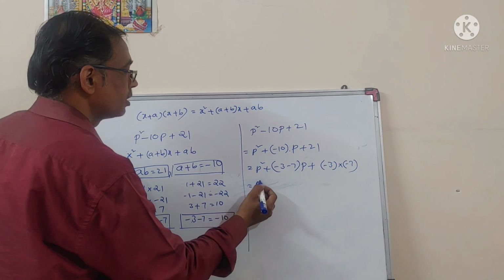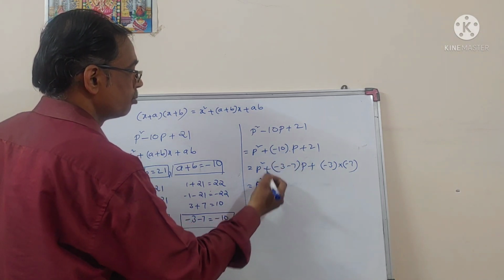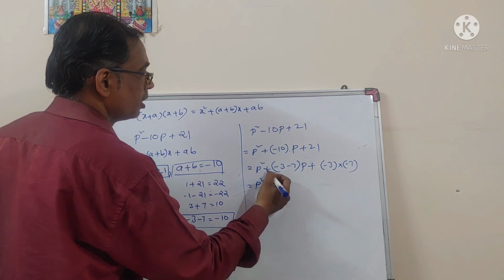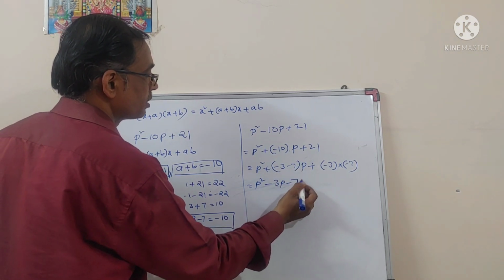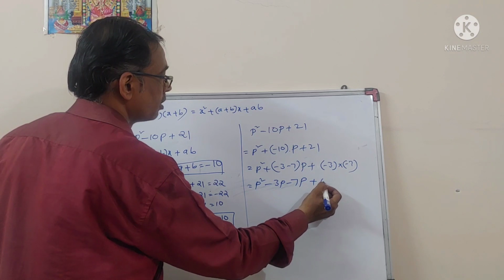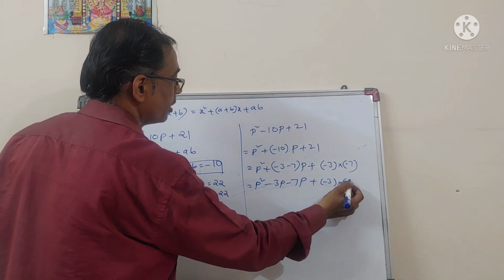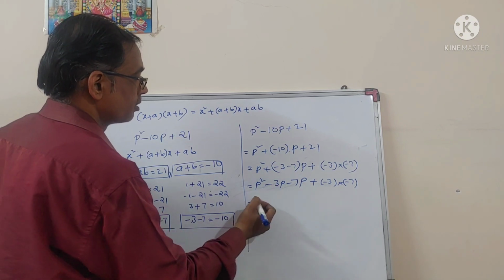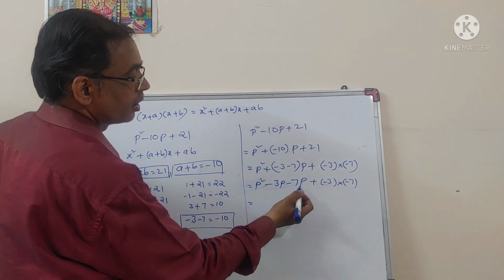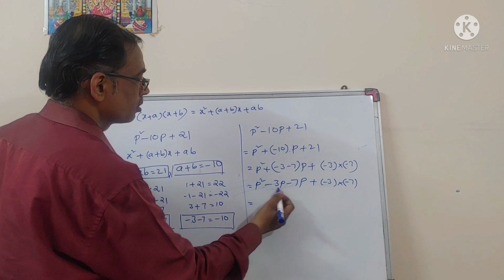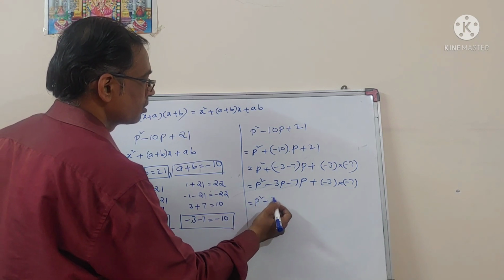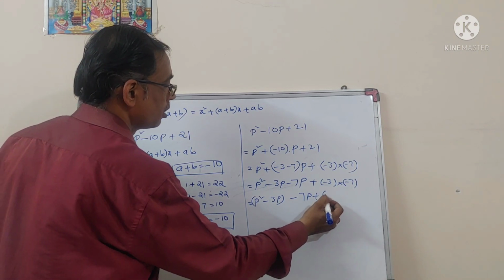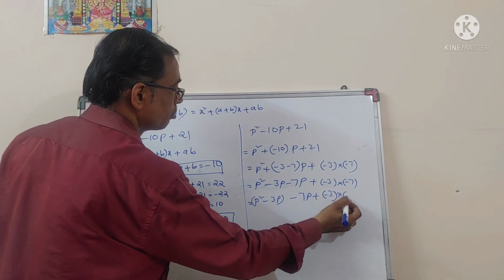Again by simplification we get p square, then p multiplied by plus into minus is minus 3p, and plus into minus 7 into p is minus 7p. Here we get minus 3 into minus 7. Then by grouping the first two terms and the next two terms we will get the factors. So now here p square minus 3p is the first group, and then minus 7p plus minus 3 into minus 7